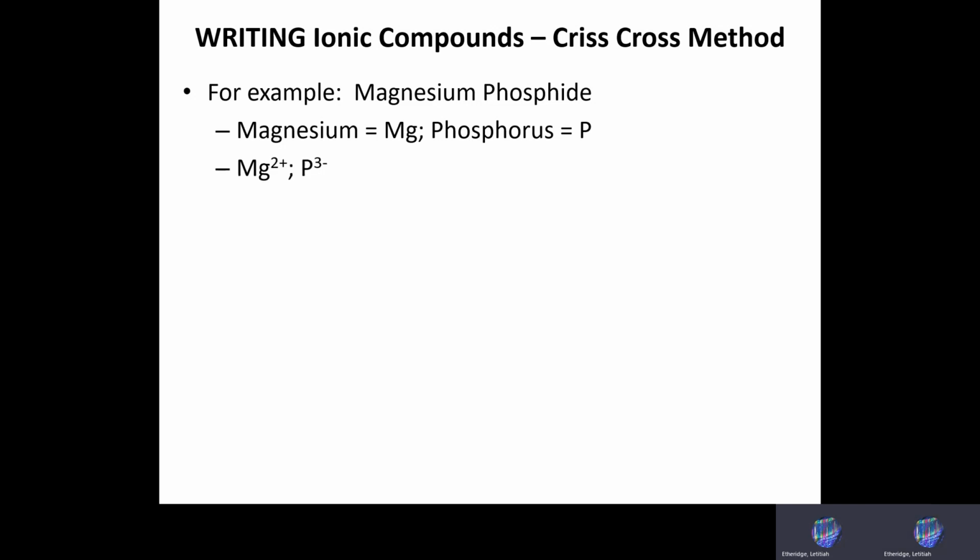Now we're going to look for oxidation numbers. For magnesium, the oxidation number is +2. For phosphorus, it is in group 15, right with nitrogen. All of nitrogen and its friends are -3. So now what you're going to do is cross the number, not the charge, and bring the numbers down as subscripts. So your final formula for magnesium phosphide is